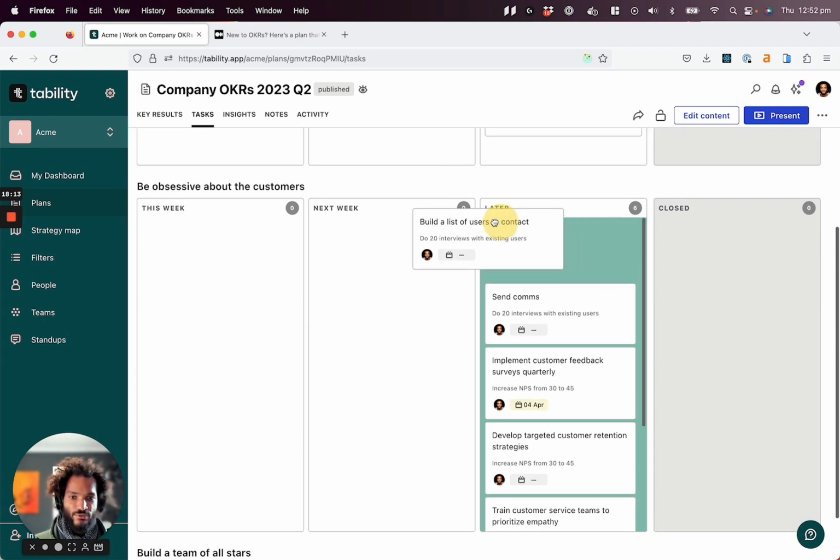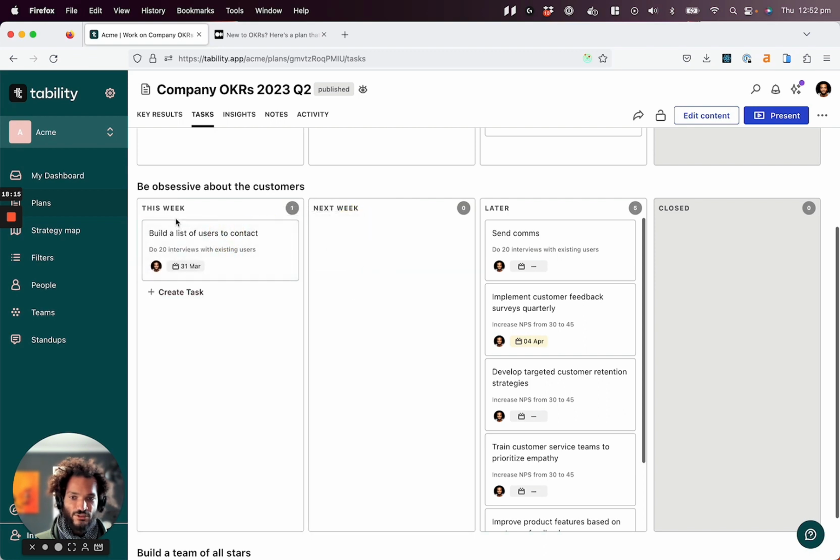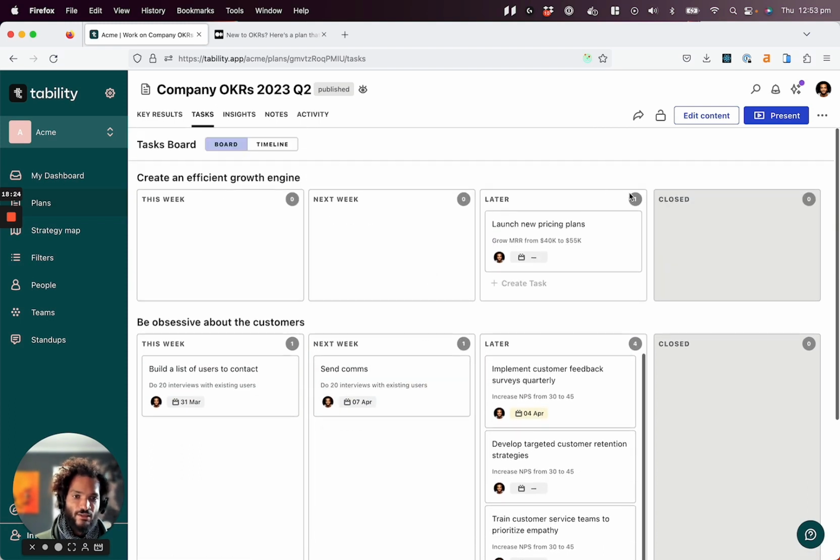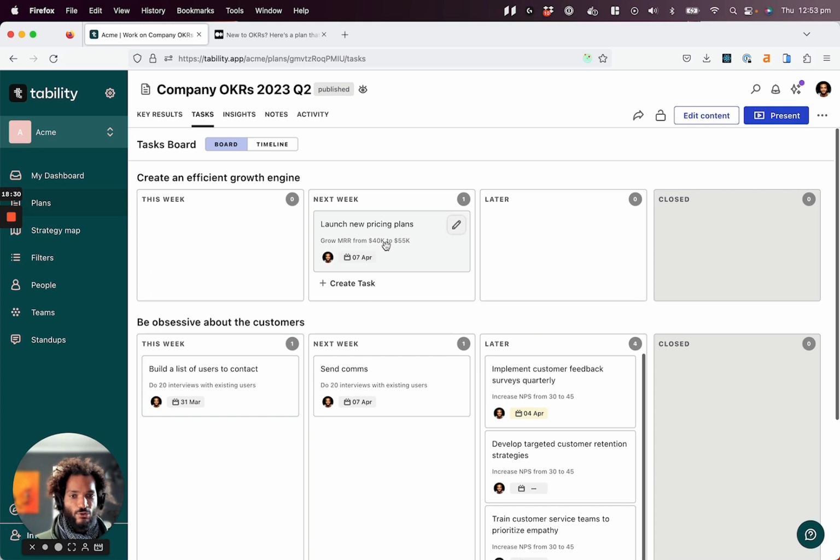If I move this into, for instance, the next week column or this week column, you can see that there's now a deadline that has been set. Same thing here. I can say that this one comes next week. Launch a pricing plan, for instance, should happen next week as well. If you want a longer view of this, because you want to plan things ahead of time,